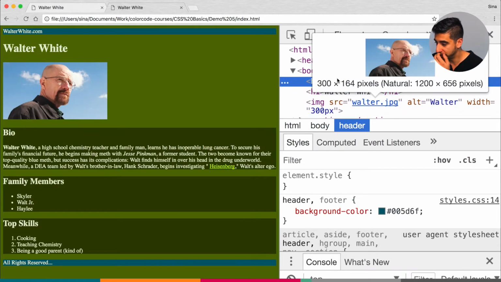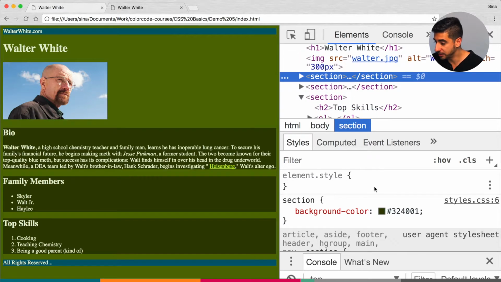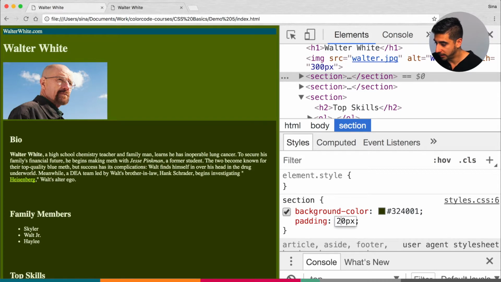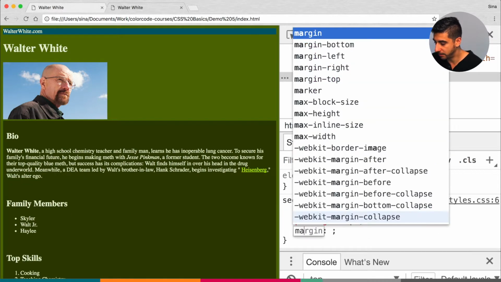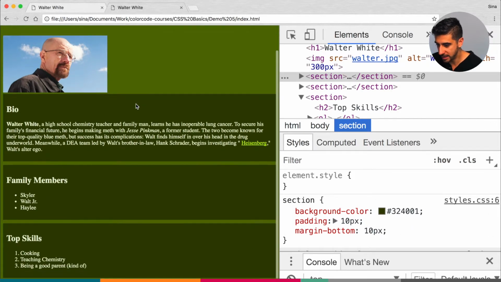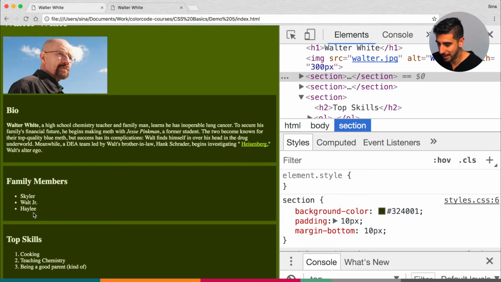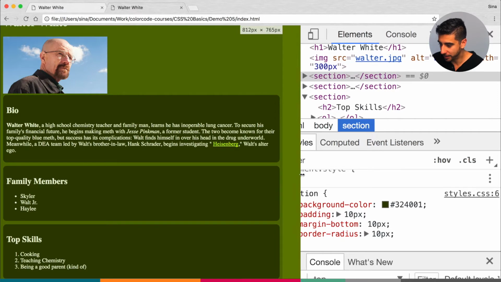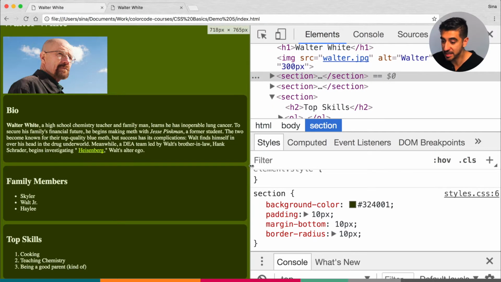Let's say I select my sections and I add a padding of 10 pixels to them, and then I'll have a margin bottom of another 10. You start to see it starts to look half decent. I mean, the green is still pretty gross, but let's give them some borders, border radius, 10 pixels, and it starts to become like some of the pages that you might already see on the web. But anyway,